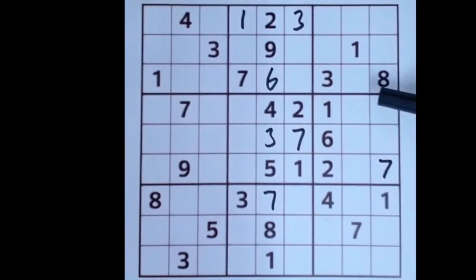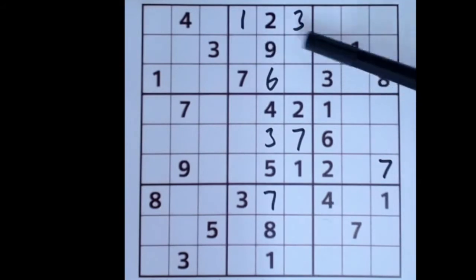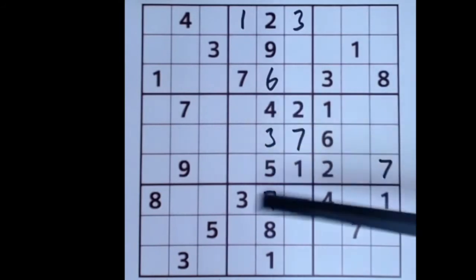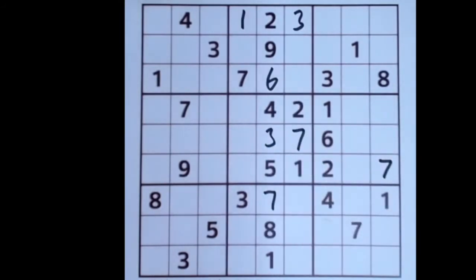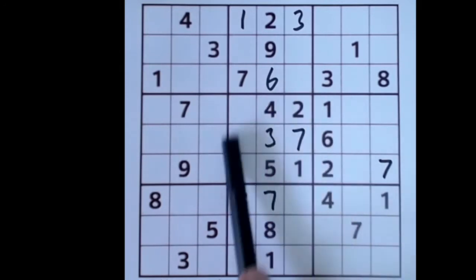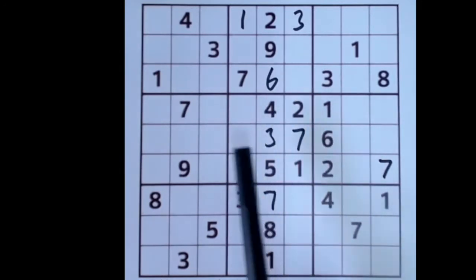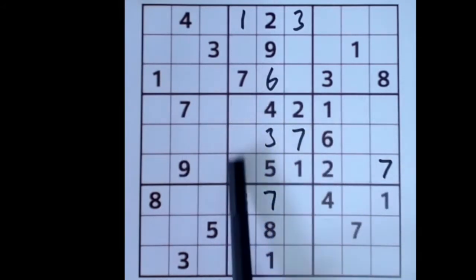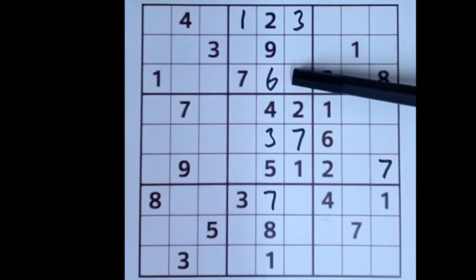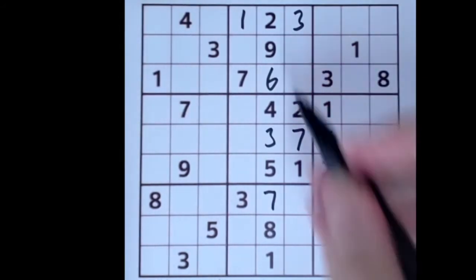There is an 8 blocking this square here, so it means an 8 will appear either here or here, right? Now, can we tell? Yeah, actually we can. So, okay, let's do a bit of thinking ahead. We don't yet have an 8 in this segment here, right? That means that 8 has to appear either here or here or here. Now, we can't exactly tell where it goes yet, but we know it's got to be one of those squares. So when it goes in, it will eventually block that square there, won't it? And this 8 will block this square here, and so there's only one place left up there where an 8